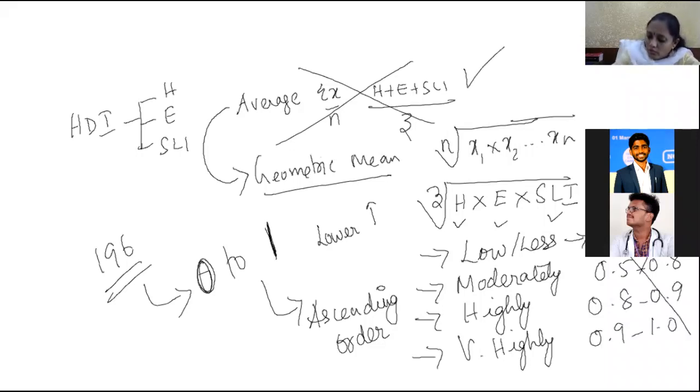Now this is not being followed. What is being followed? I have data from 1 to 196 countries, with values of 0.01, 0.02, 0.03 and so on, going up to 1. I have arranged all the numbers in ascending order, and then I'm going to cut them into 4 equal groups. When I cut them into 4 equal groups, I call them a quartile